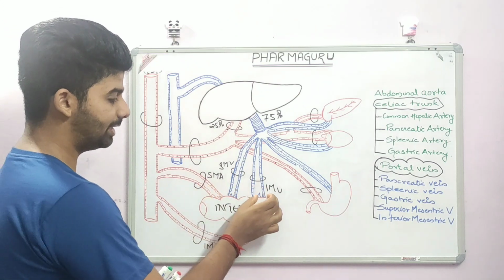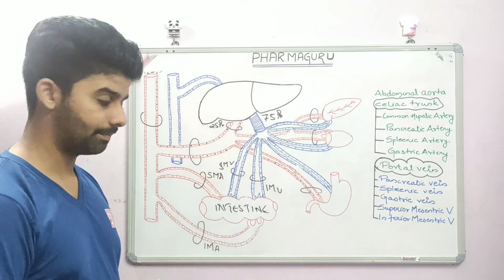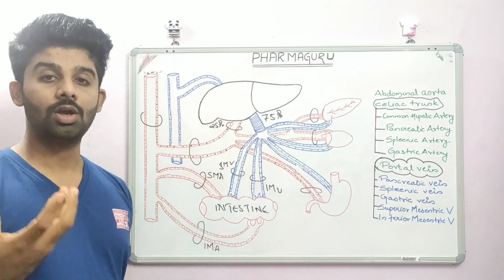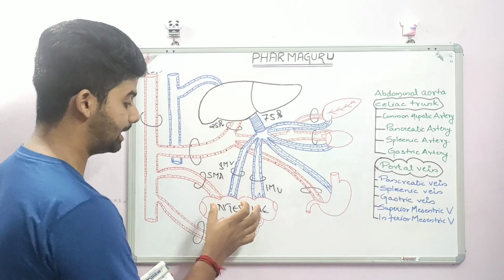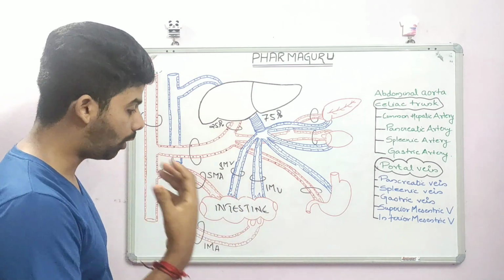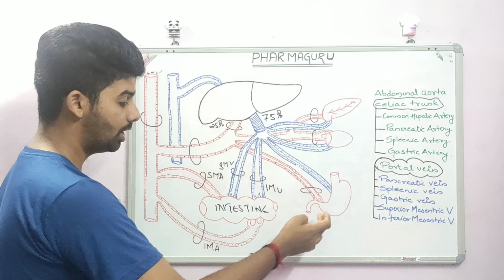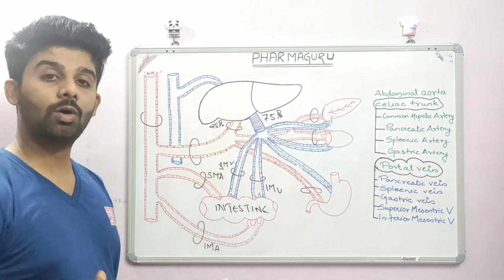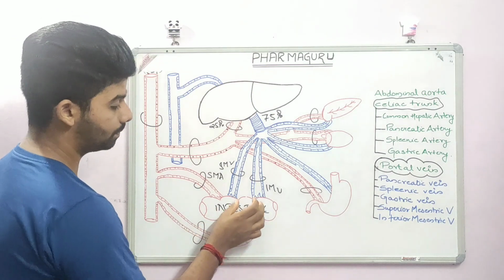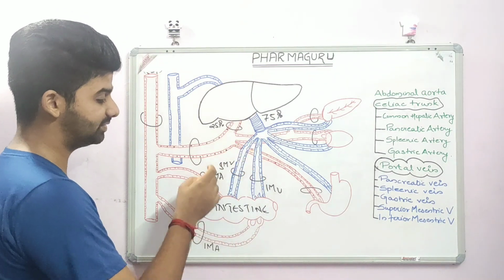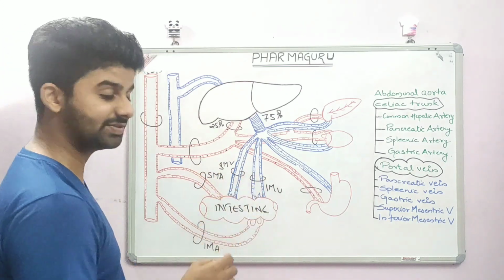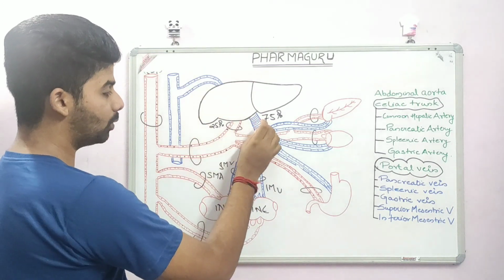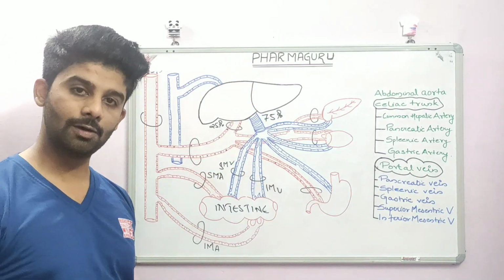Next, we have the inferior mesenteric vein and the superior mesenteric vein. We know a lot of drug absorption or nutrient absorption is carried out in the intestine. So all the drugs that are not absorbed earlier can be absorbed in the intestines. All those drugs, all those nutrients are put into these two veins, that is the superior mesenteric vein and the inferior mesenteric vein, and hence that also reaches the portal vein. And from this portal vein, it will enter into the liver.